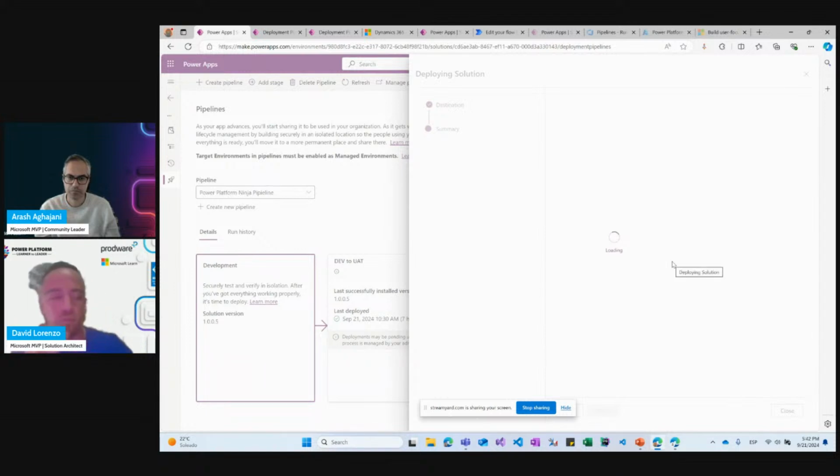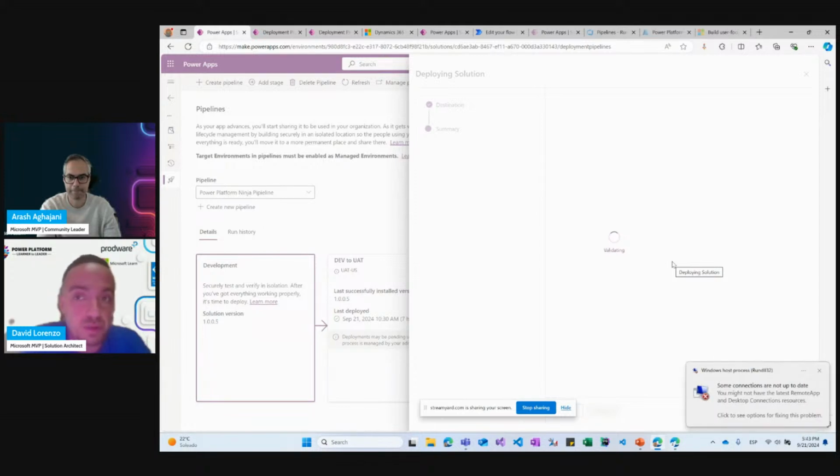So the first thing the pipeline is doing is validating the dependencies between the development environment and the UAT environment. In the case that our solution has any missing dependency, it will fail here in the validating process, and then we have all the error descriptions that we have to fix before we can deploy the solution.